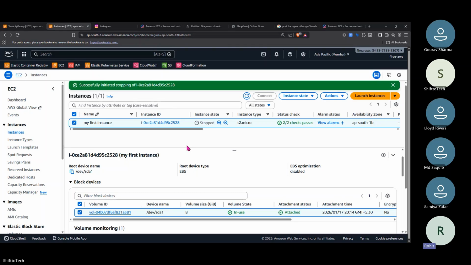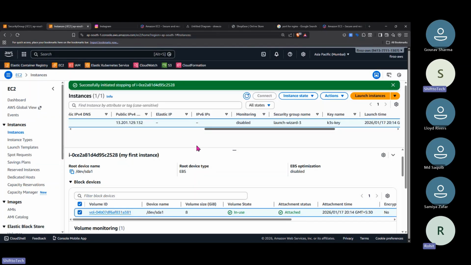And what about spot? Spot are some servers which AWS has for like 1 day or 2 days, or for a fraction of seconds, maybe you can say. Yes, you have some free servers which nobody has requested. So AWS is saying, just enjoy, just pay some amount to me.